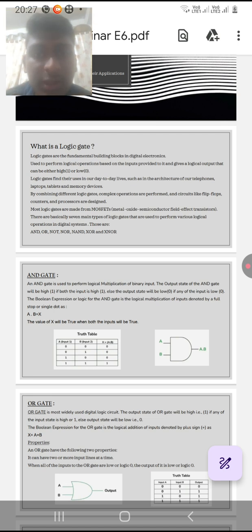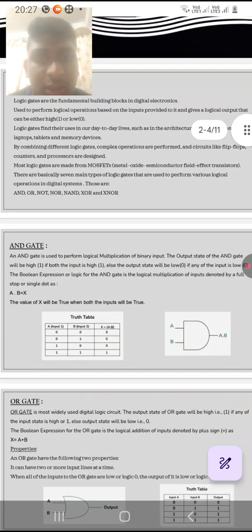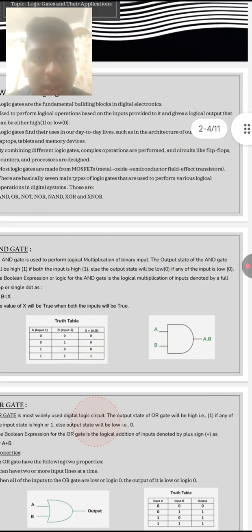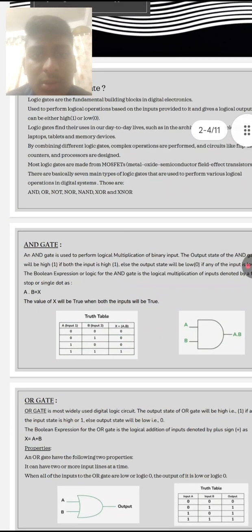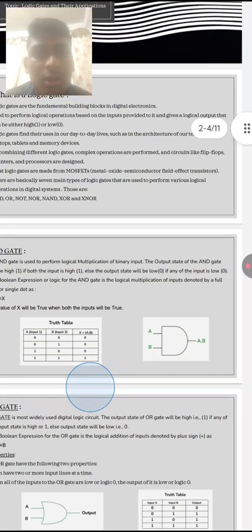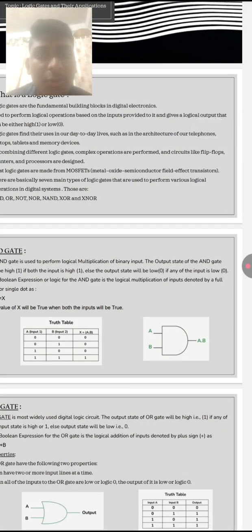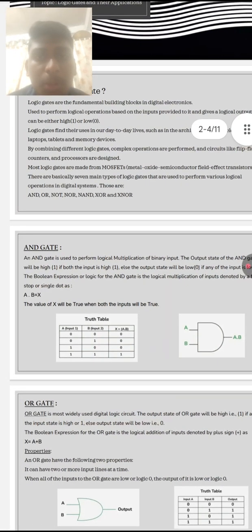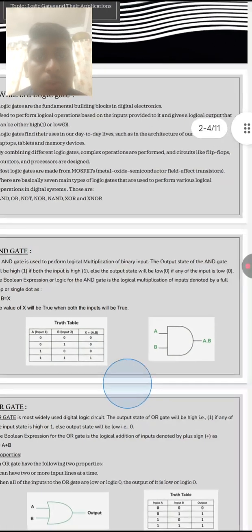Logic gates find their use in our day-to-day lives, such as in telephones, laptops, tablets and memory disks. By combining different logic gates, complex operations are performed, like flip-flops and processors. Most of the logic gates are made to